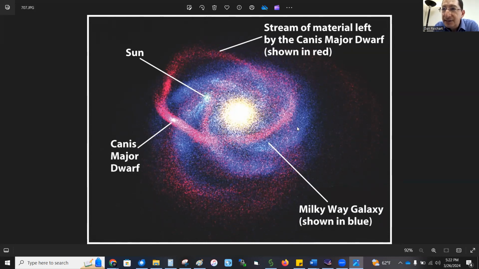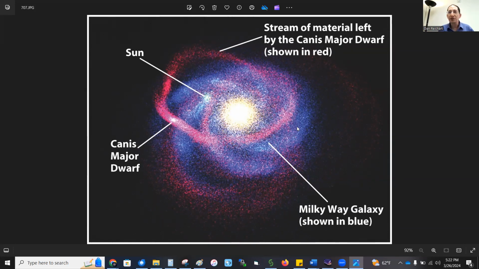But this is a complicated system gravitationally. Lots of things are pulling on other things. And occasionally one of these dwarf galaxies gets destabilized and spirals into the larger galaxy. So here we have the Canis Major dwarf spiraling into the Milky Way. As it goes, it's